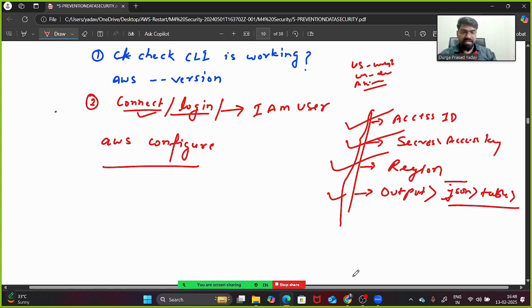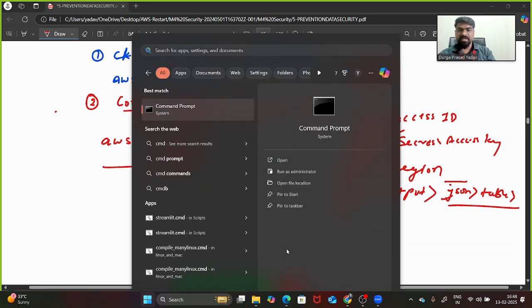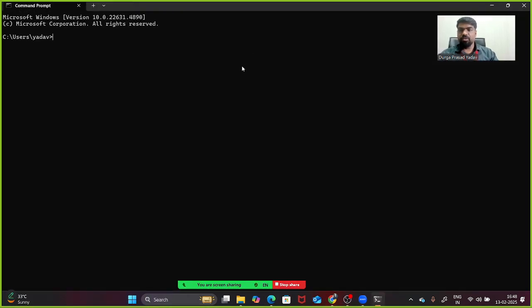So if I open CMD again, CMD is visible to everybody, command prompt? Yes, sir. So I'm writing the command here, let's say AWS space configure. Okay, if I hit enter, what it is asking is the access key ID. So let's say I do have some access key ID here. I'm just writing like this unwantedly. I did not create it. I'm just showing you for this step's purpose. I'll hit enter. Now again I'll write the secret access key. So it will work as a password here, right?